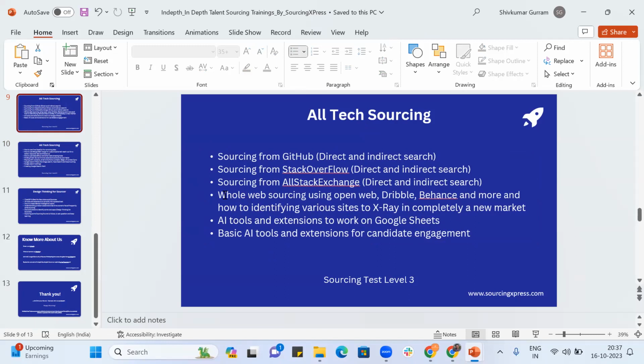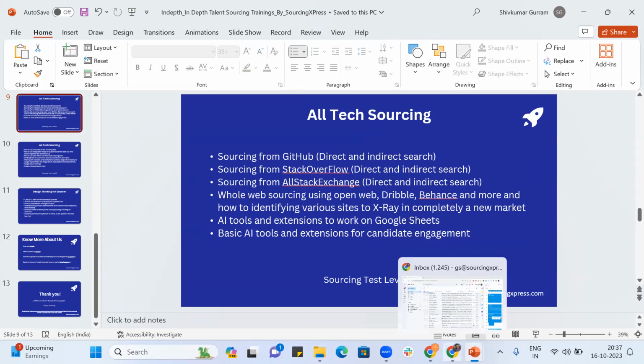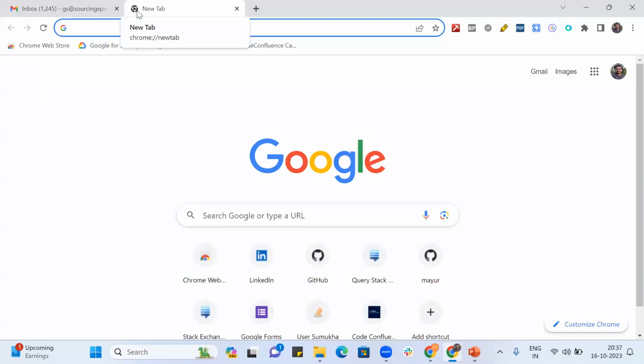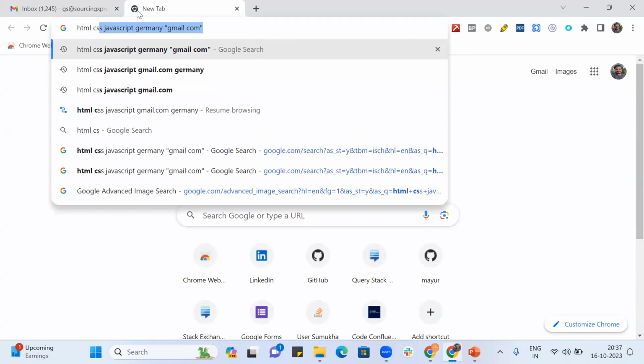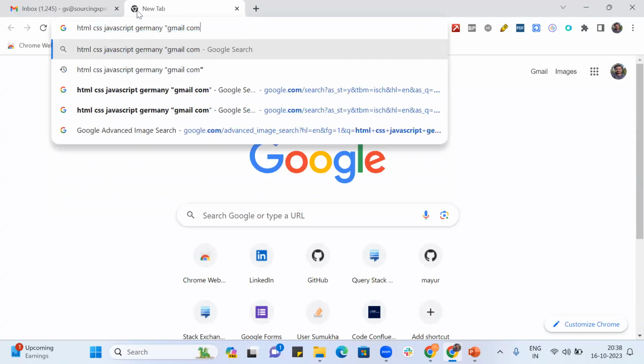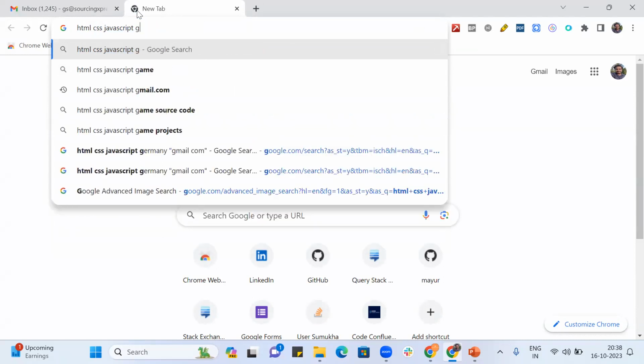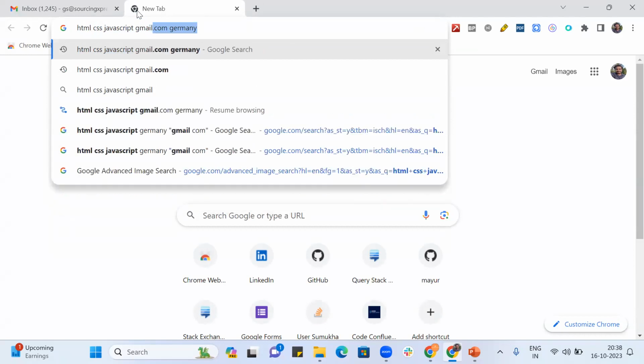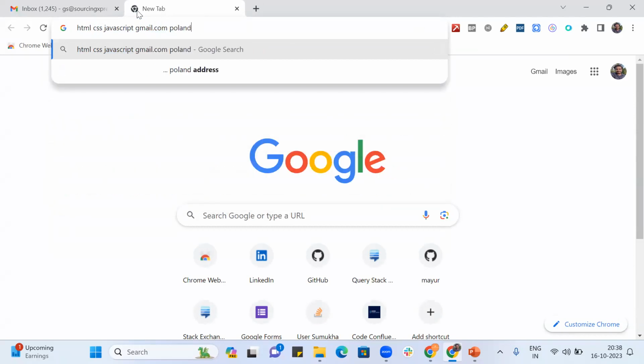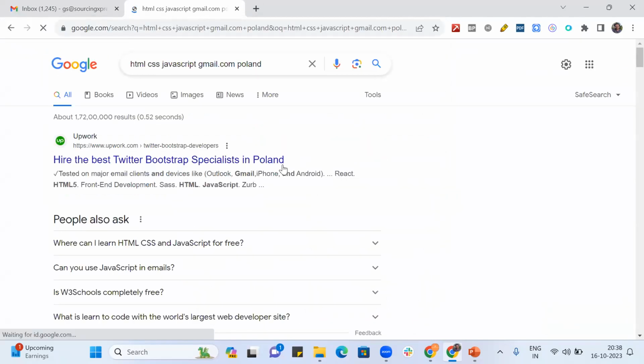So definitely, we have been using in URL site, in URL resume, in URL profile, in URL CV, all those kind of words to get the profile from the various sites. So let's see. I just wanted to search for HTML, CSS, JavaScript, gmail.com, Poland. Okay, so we wanted profiles from Poland who are working on HTML, CSS, JavaScript, and have their profiles,